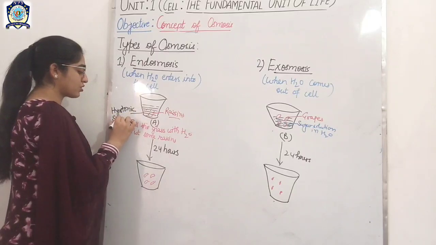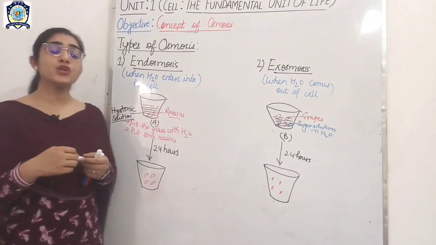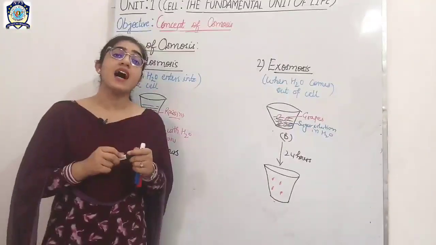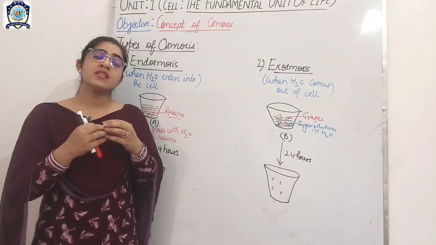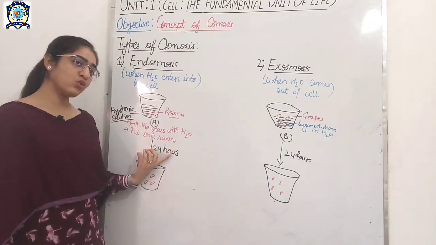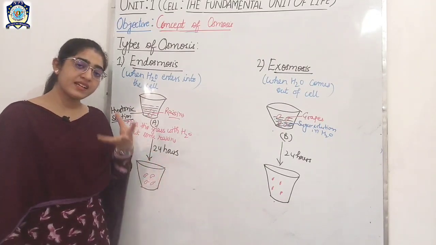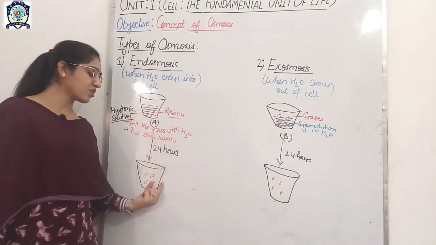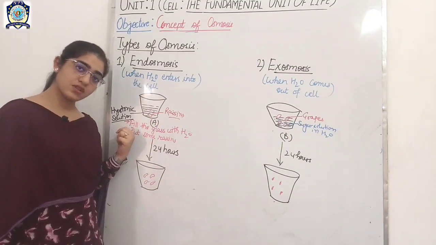तो एंडोस्मोसिस यहाँ मीनिंग क्या हुआ, ये जो वाटर का सॉल्यूशन था, it was here existing as हाइपोटोनिक सॉल्यूशन. तो एंडोस्मोसिस के केस में क्या होगा, when you will keep the cell in the hypotonic solution, the cell will become swollen. Okay, as you have seen in this activity, in case of raisin, the raisin swells up as the solution occurs here as the hypotonic solution.